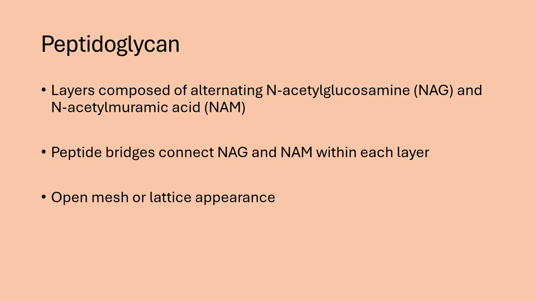So the peptidoglycan, what is this thing? It's layers of alternating compounds. One of them is called N-acetylglucosamine, which we abbreviate as NAG. And the other compound is N-acetylmuramic acid, which we abbreviate as NAM. You'll find out in microbiology, we don't like writing out long words all the time, so we use abbreviations a lot. So you have alternating NAG